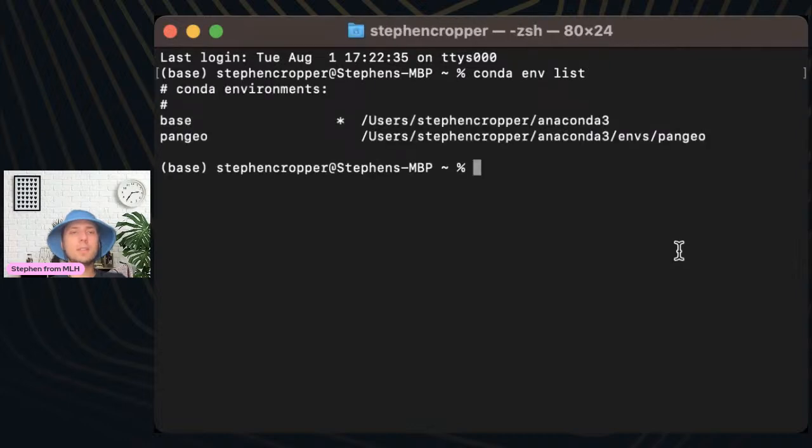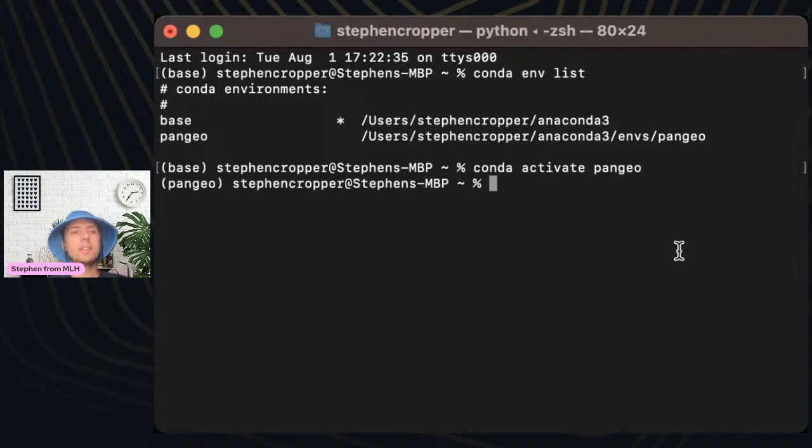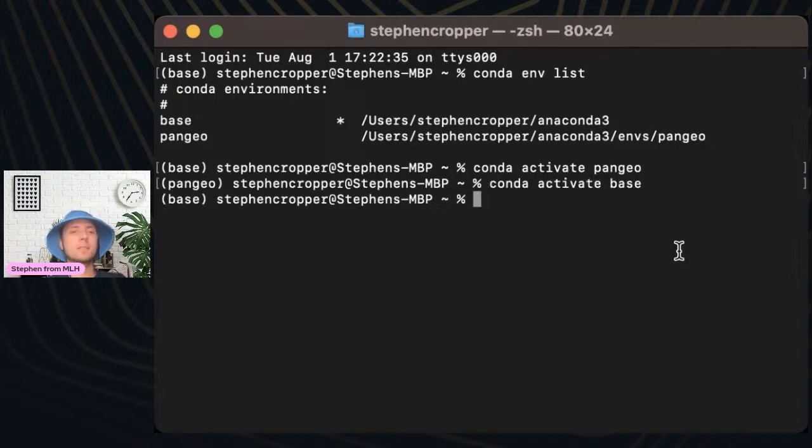And I have these two Conda environments. Right now I'm in my base environment. To activate a different environment, you can activate it this way. So I just type conda activate, and I'll just type the name of the other one. And to switch back, I can type conda activate base, or I could type conda deactivate, which would also revert